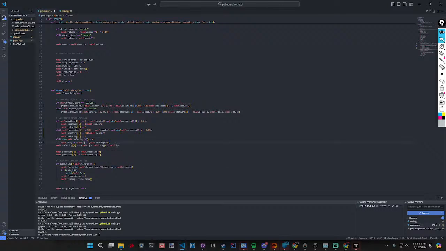Wait, wait, no, so if it's... so we want anything below 0.1, and I don't know, a mass of 1 pound per cubic, no, square foot, 1 pound per square foot.